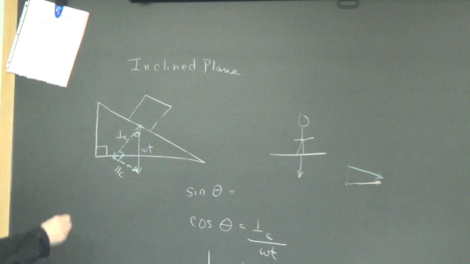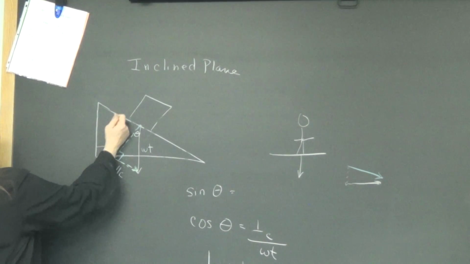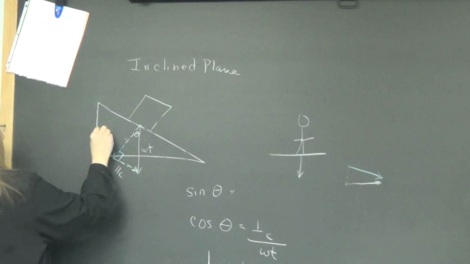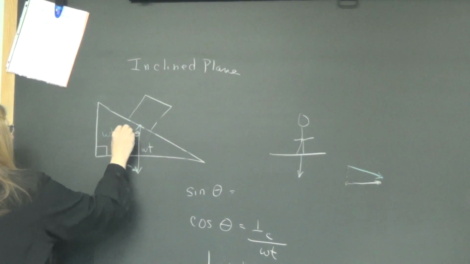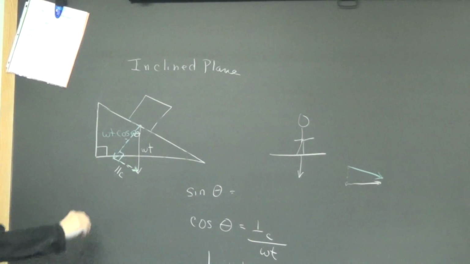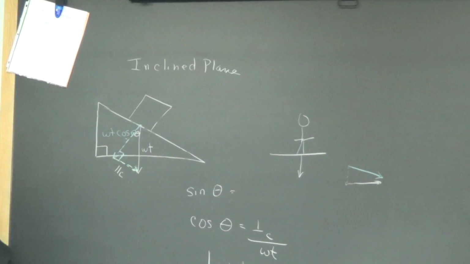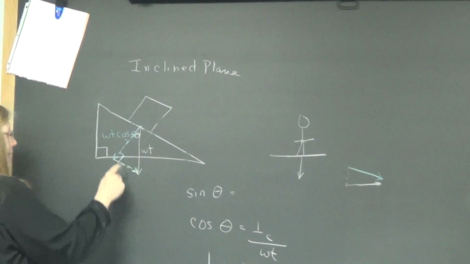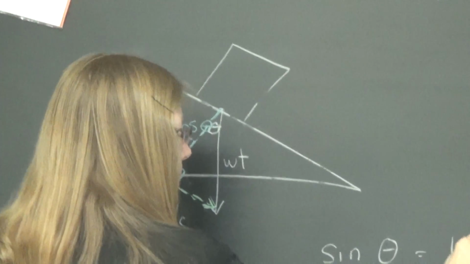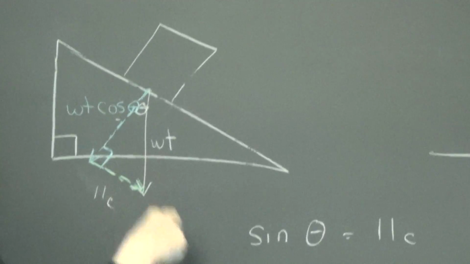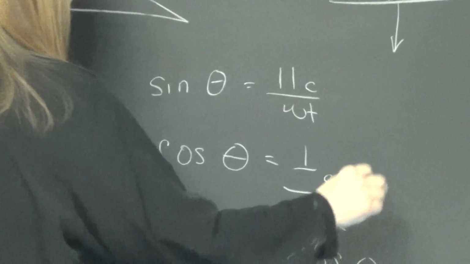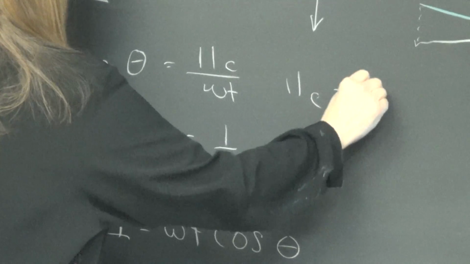So all that, just to tell you that the name of that blue dotted arrow is weight cosine theta. That's the name of it. What do you think the name of the parallel component is going to be? Well, sine of an angle is opposite, which was the parallel component. Opposite over hypotenuse, which is weight. Multiply both sides by weight, and we get the parallel component is weight sine